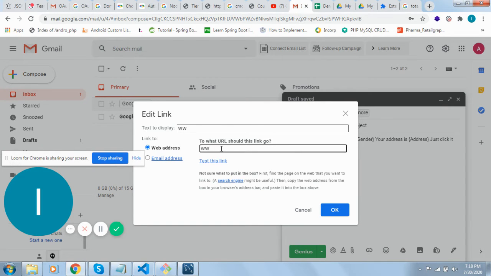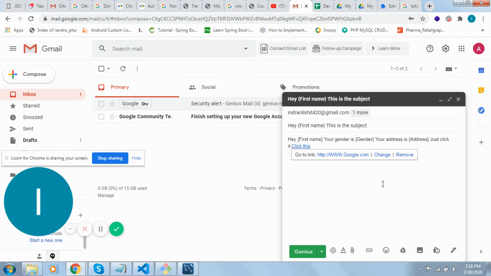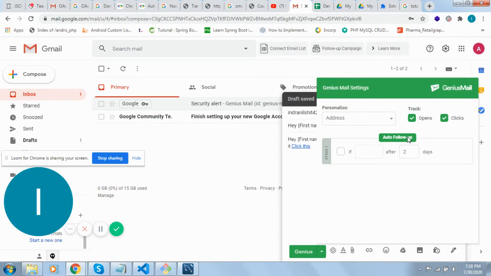Any link we can give. So this is Google. Okay, and here is some other functionality that we are providing, that is auto follow up.